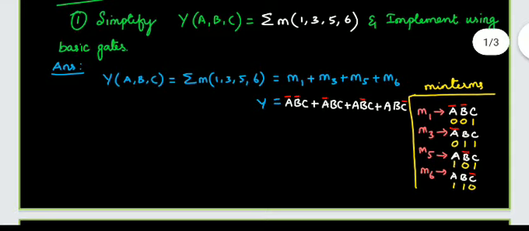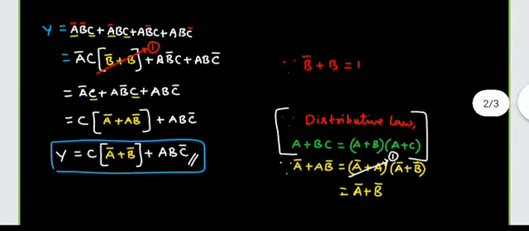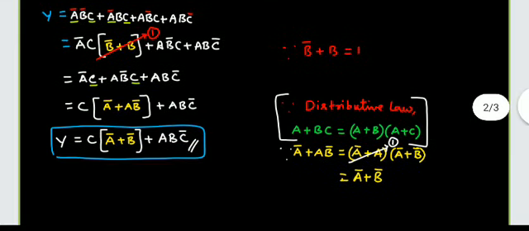Now I am going to simplify this expression. How can we simplify? First we need to find out the common variables in the terms, whatever the 4 terms given in the question. See, I underlined the common variables from first and second. What are the common variables we have in first and second term? a bar c, a bar c. So if I take a bar c as a common variable from first and second term, what I will be getting inside the bracket? b bar plus b. So as we all know, the value of b bar plus b is 1. And third and fourth term as it is I have taken.